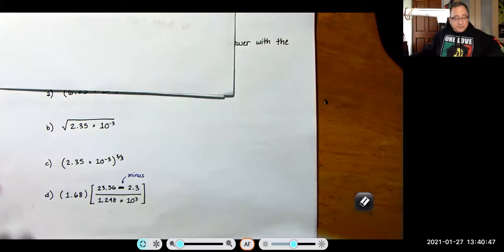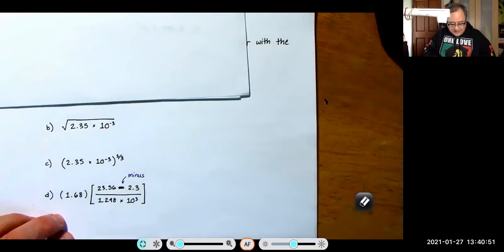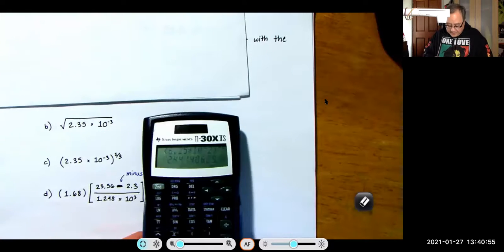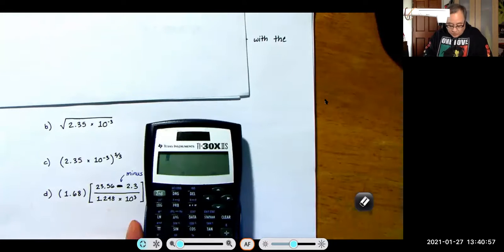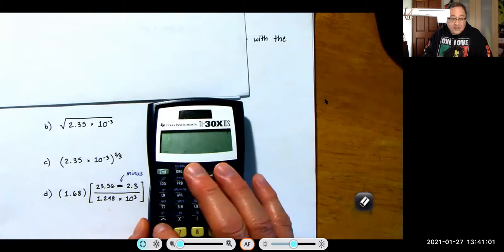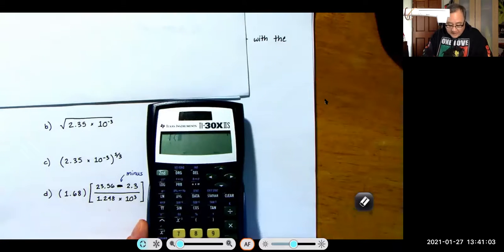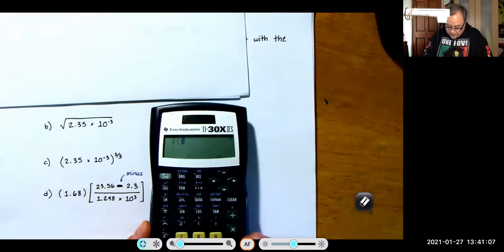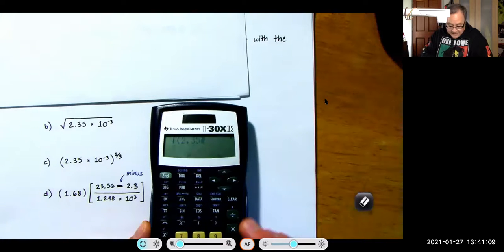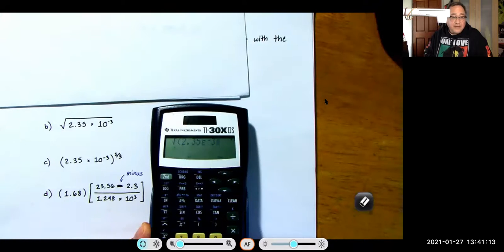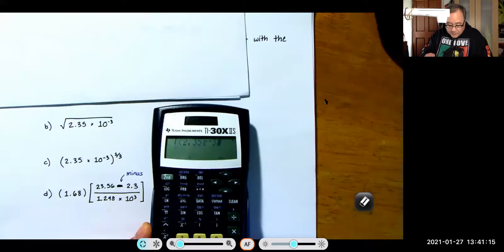Okay, for this next problem, we have 2.35 times 10 to the negative 3. So there's a number of ways to do this on your calculator. I've got this little square root thing right here. So I'm going to press that. And you can see I have square root, and then I put whatever I want in the square root. So I'm going to put 2.35 second EE negative 3. And I don't know if we need the last parentheses or not,